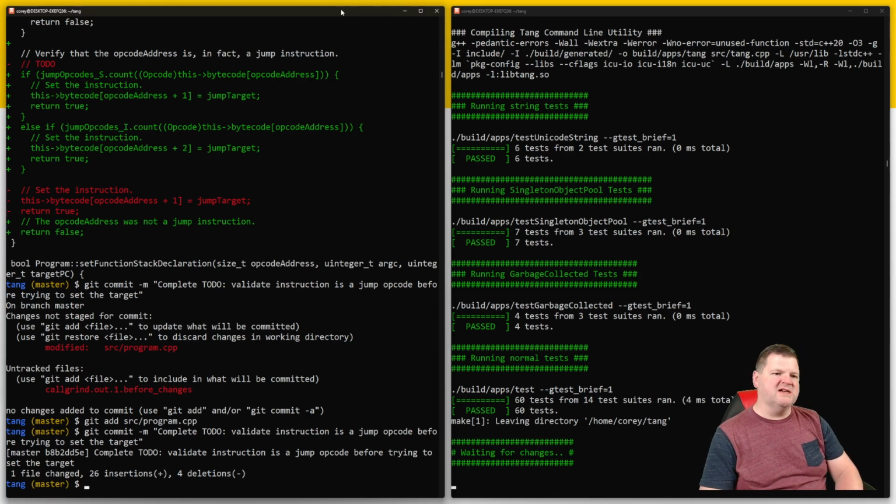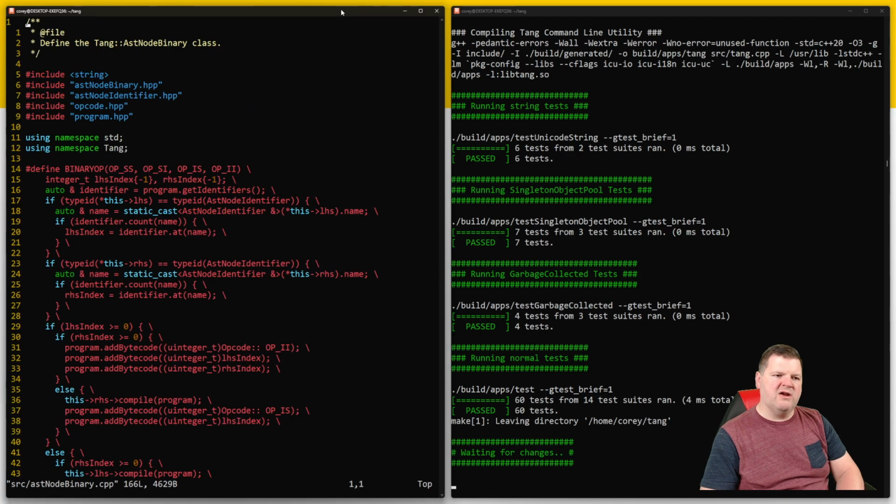Nothing is producing a jump, an I instruction. So if I edit the source of AST node binary, this one,